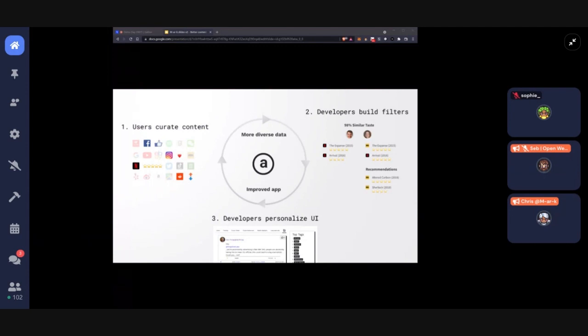So how do we keep everyone in the system incentivized to continue engaging and contributing to Mark? Thanks to Arweave profit sharing communities, we have an incentives layer built right in. So while users will be able to select filter algos and UIs, the developers who create them decide how they want to be compensated. For example, their service could be free, they could take a small fee, or users could opt in to watch an ad to pay the developers. And this would not be a Google ad, but a native Mark ad.